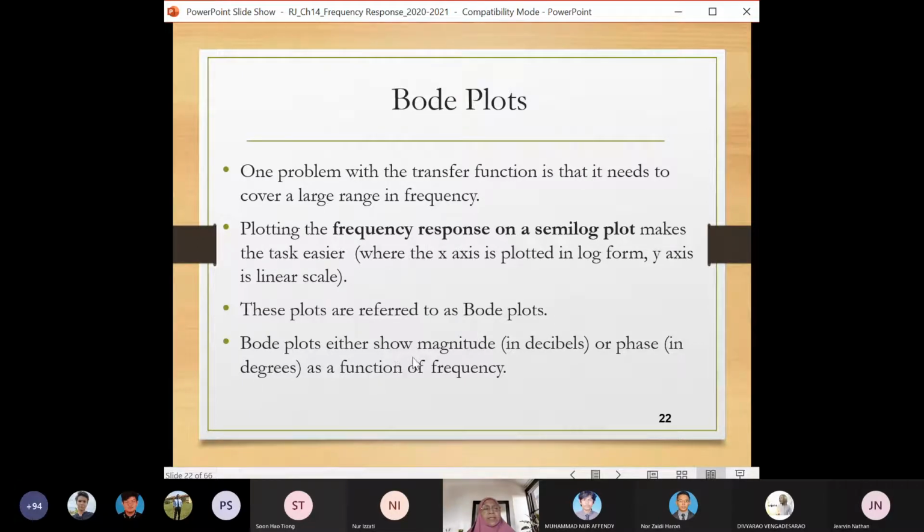And the Bode plots either show magnitude in decibels or the phase in degrees as a function of frequency. So there are two parts of Bode plots, magnitude plots and phase plots. Magnitude plots represent the gain, whereas the phase plots represent the shifting of phase angle between voltage and current. Okay, and